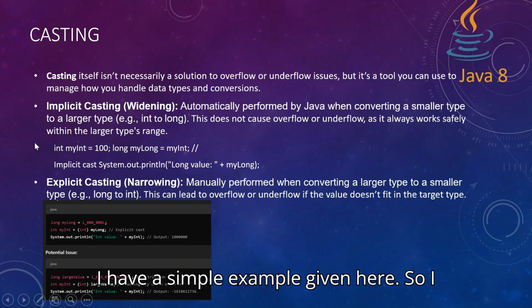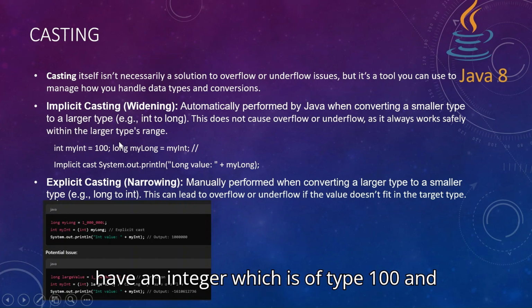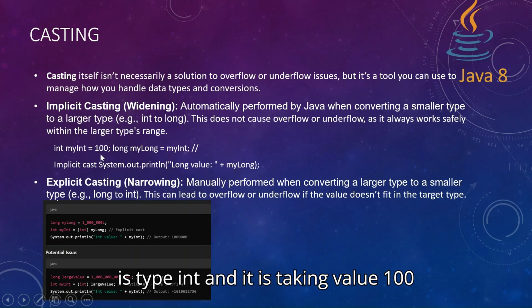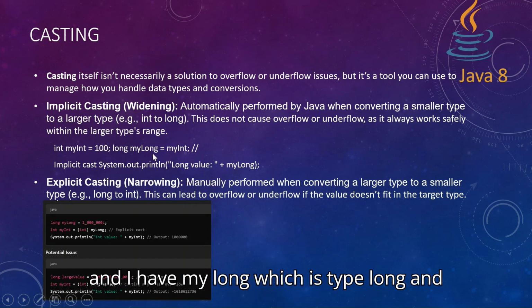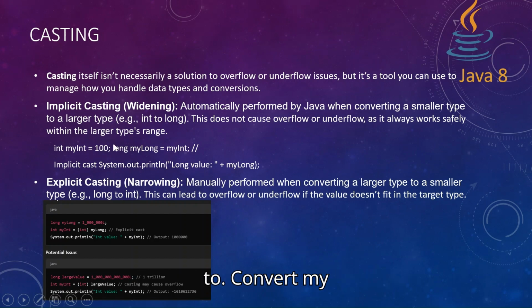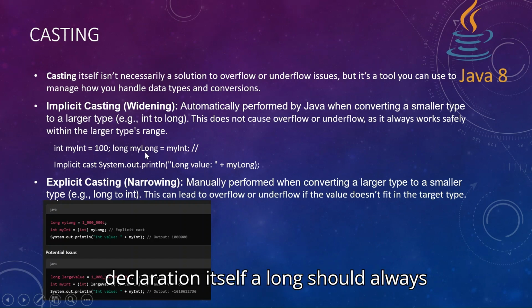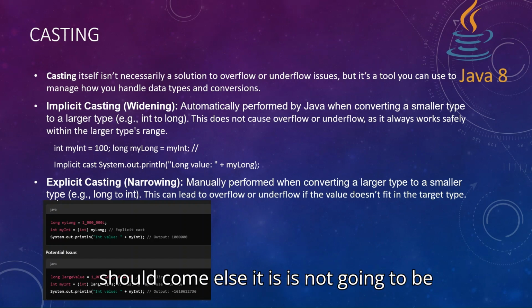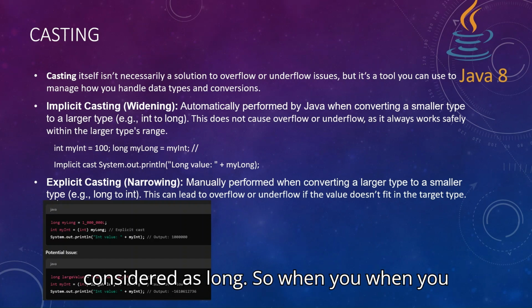For example, I have a simple example given here. I have my int, which is of type int, and it is taking the value 100, and I have my long, which is of type long, and it is taking my int. So I'm trying to convert my int 100 to a long. If we have seen in the variable declaration itself, a long literal should always have an L at the end, else it is not going to be considered as long. So when you do this thing,